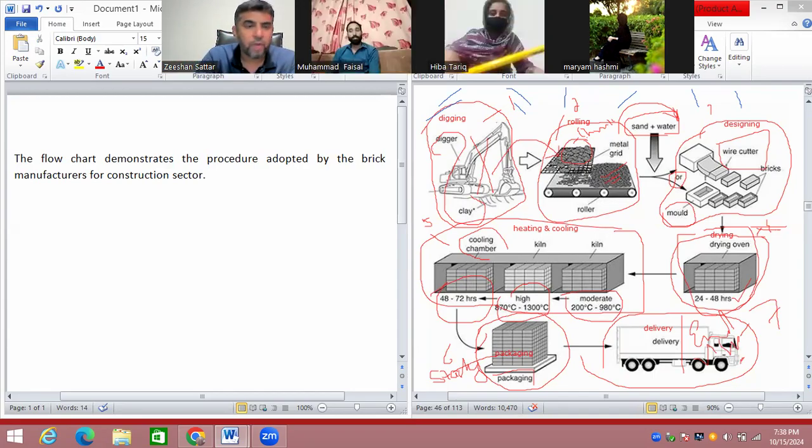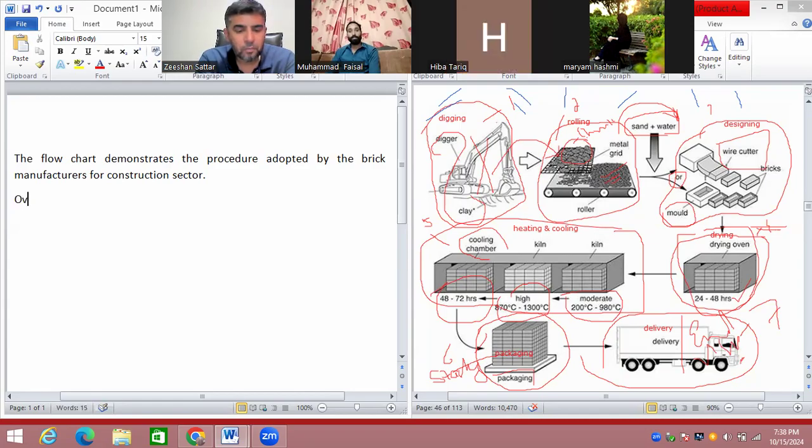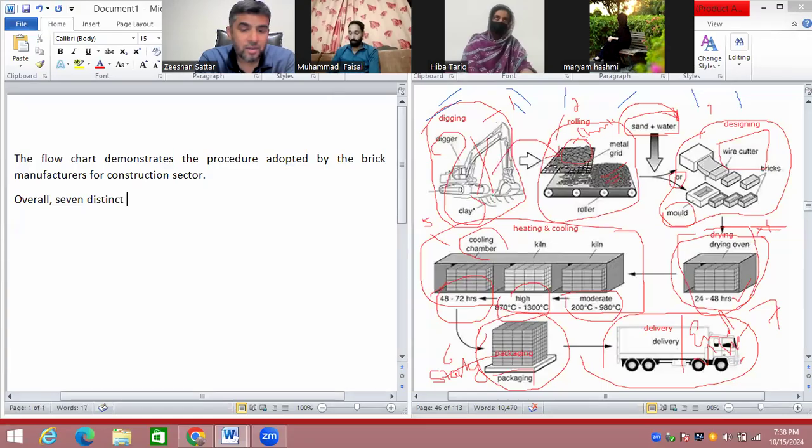So now we are going for the overview. You know that whenever we start the overview, we start with the word overall. Overall, comma, 7. Distinct means unique. Stages are involved